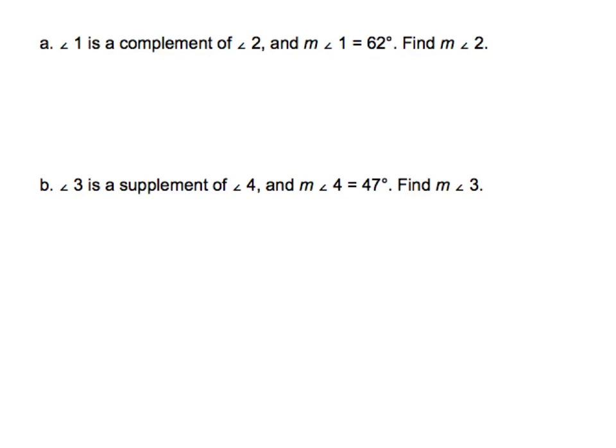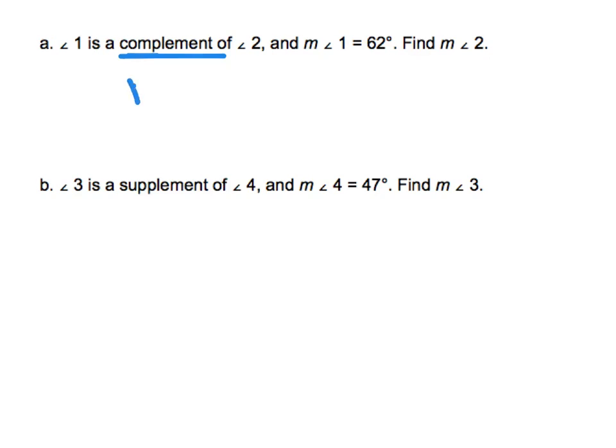Okay, so let's look at a couple of examples using some vocabulary here. It says angle 1 is a complement, there's our keyword complement, of angle 2, and the measure of angle 1 equals 62 degrees. Find the measure of angle 2. So complement tells me that they are going to add together to equal 90 degrees, which means the measure of,